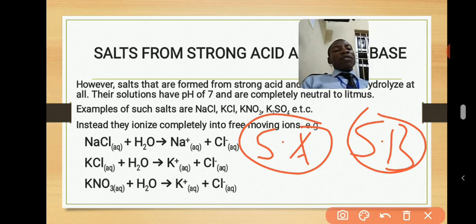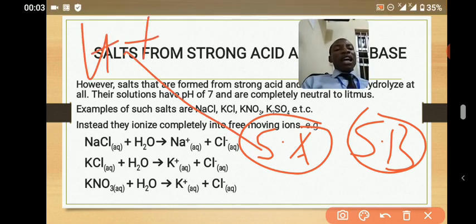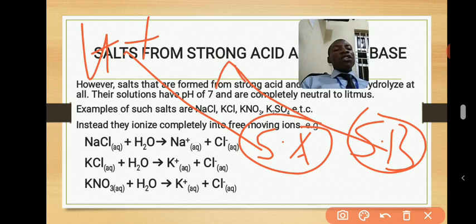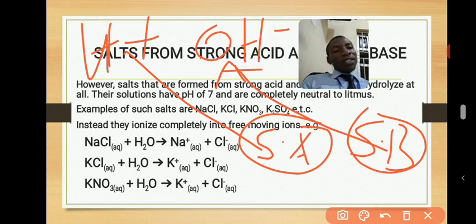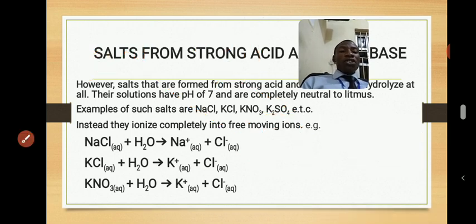It means that as this guy is producing his own hydrogen ion as an acid, the base also produces its own hydroxide ion as a base. So there will not be one producing more than the other, since both of them are strong. So there will not be excess of hydrogen ion and there will not be excess of hydroxide ion. So the solution will not be acidic and will not be basic because the two components are strong. So this kind of solution always has a pH of 7,